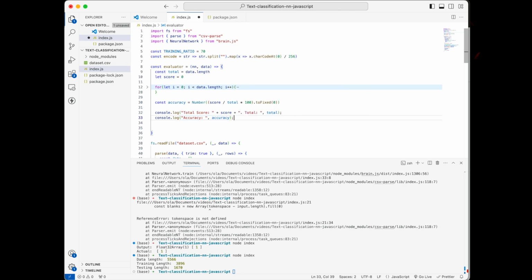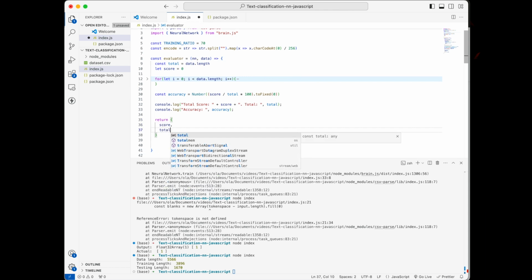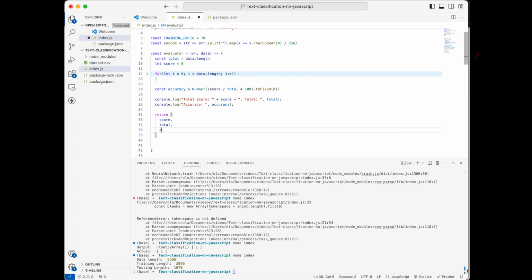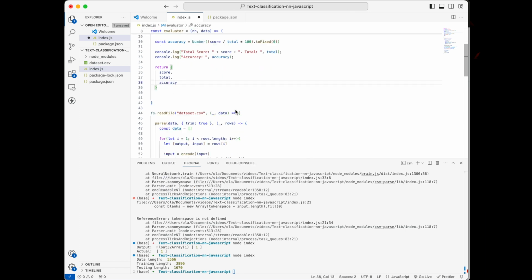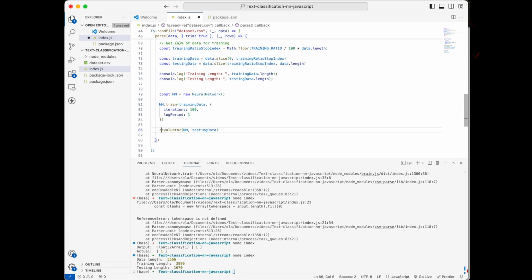Accuracy. Then we can return all of this useful information, our score, total if we want to, then the accuracy. Okay, cool. So now that we know that we're going to be getting that from our evaluator function, we can